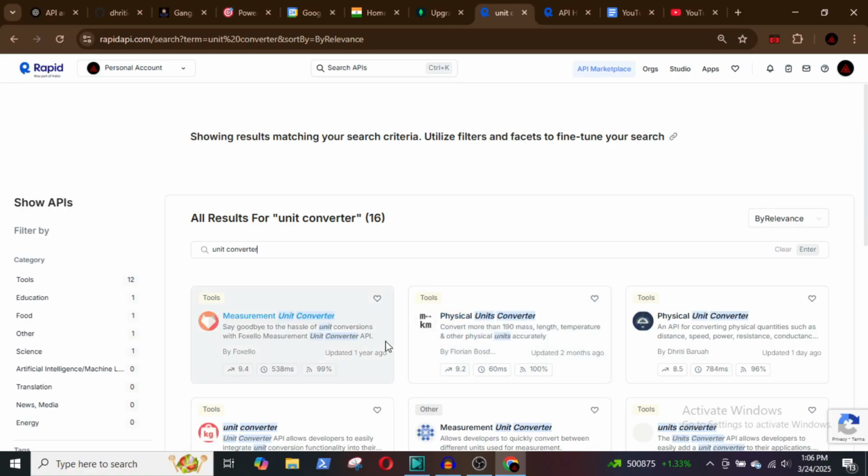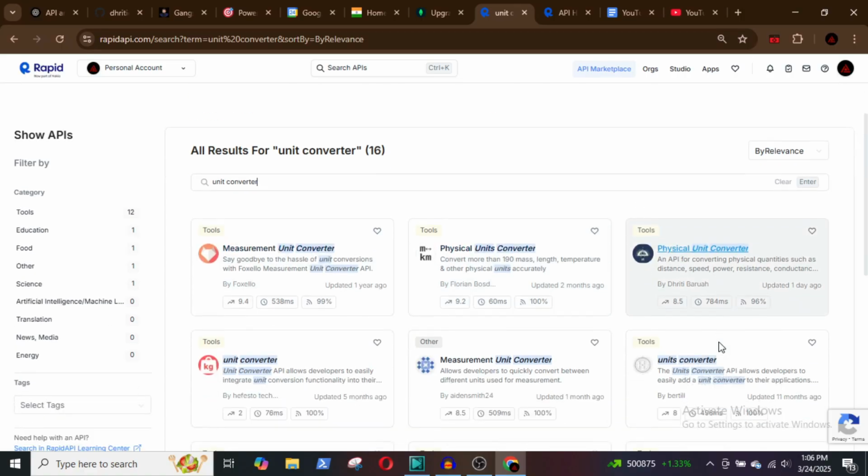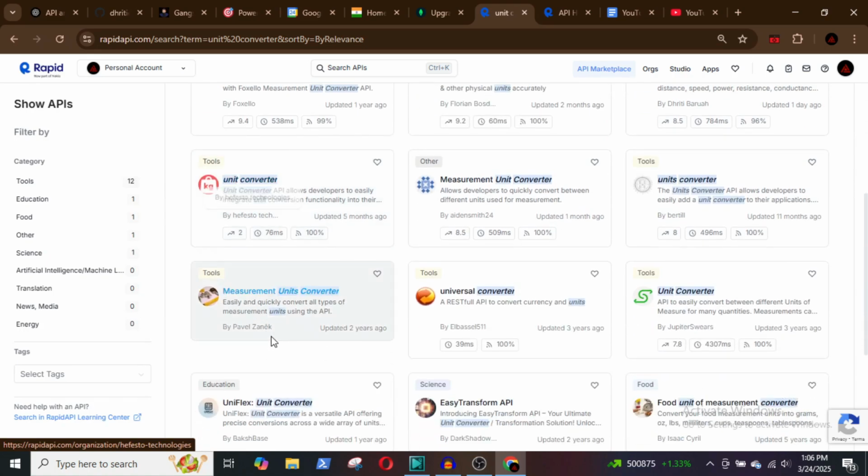If you are building your own API, try to focus on a unique idea or an underserved niche